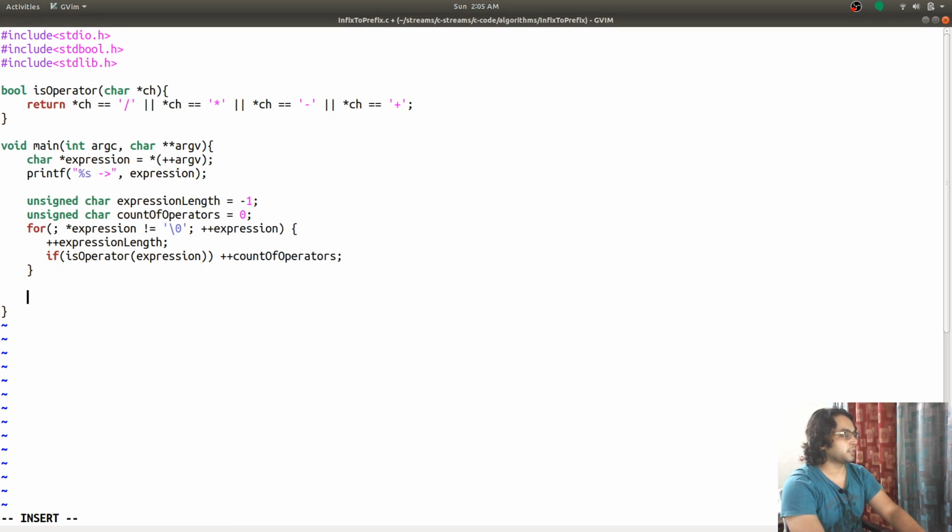So what are we going to do next? We are going to reverse the expression. For that I'm going to have a temp character holder, and it is going to be initialized with null value, and I'm going to say that for equal to, and while